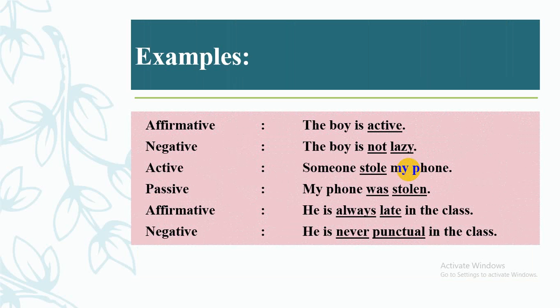So if we change it in transformation, that means if we transform it into another sentence in negative, it will become: the boy is not lazy. So here we have done only two things. After the be verb we use a negative auxiliary,